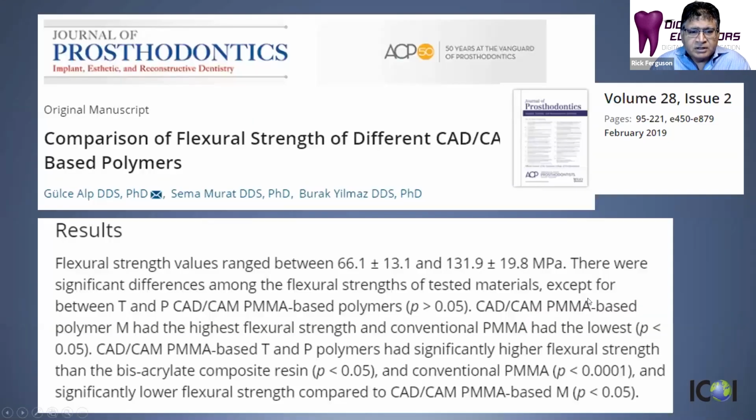All right. If we look at different materials, for example, again going back to the temporary hybrids, which we're doing immediate load cases with, the materials that are being used for this predominantly are PMMA materials, CAD/CAM milled PMMAs. And this article published in 2019 shows you the different flexural strengths of the different types of PMMAs. There's not just one type of PMMA, but they range from 66 to 131 MPa as far as the flexural